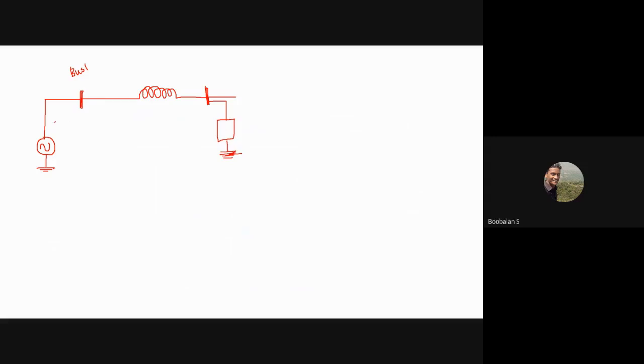Here a voltage as well as a current is generated by the power generator. We can calculate the voltage magnitude as well as the angle, because it is AC power. Let us assume this transmission line has its own resistance as well as inductance, which together we call impedance, R plus jXL, where the imaginary term XL is the inductance. The combination is called impedance, and current is delivered over here.